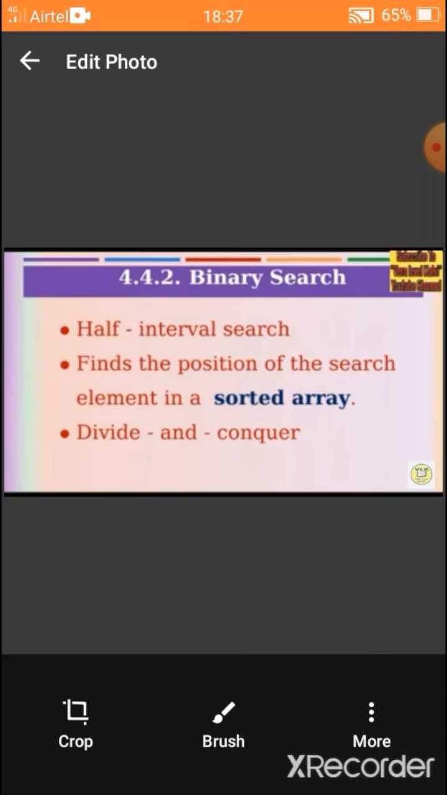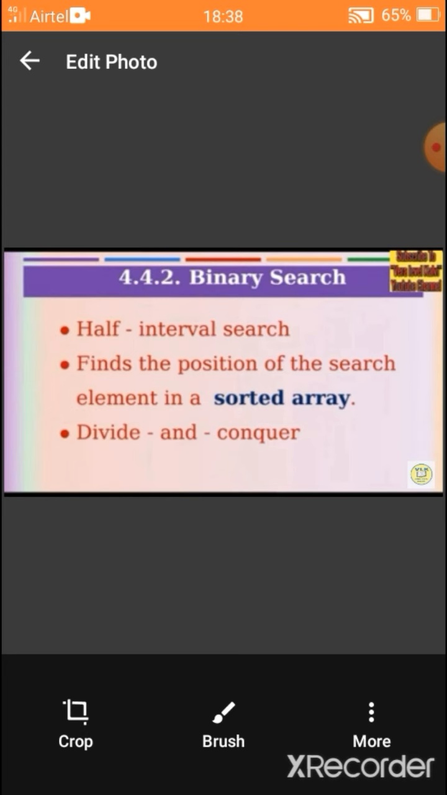Values need not be in an order, but in a binary search, the elements must be in an order. That is called a sorted array. Why do we call it a half interval search? Because the values in the binary search